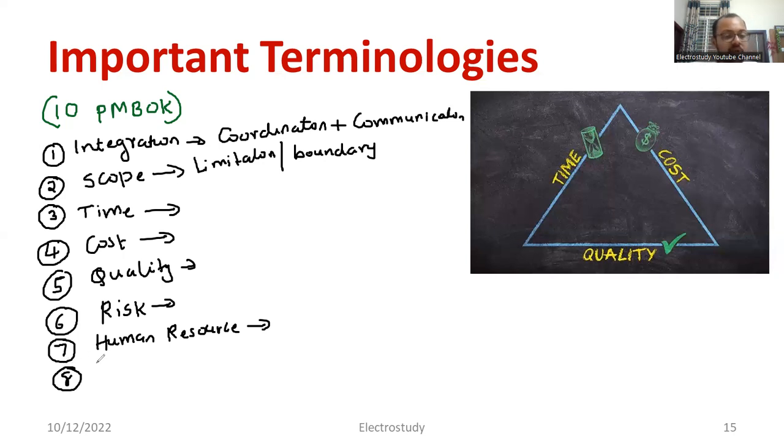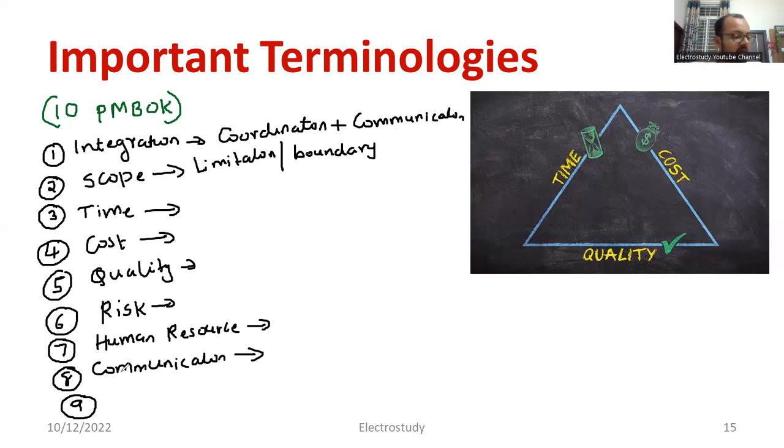Then the eighth one is communication. I already mentioned it in the first part, but we can write it separately. Communication is also crucial. For example, based on the hierarchy, you need to communicate. Proper communication. You must have heard about the Micromax company in India: because of improper communication with different managers, the company faced a big loss. Like that, you should try to get rid of poor communication. Communication needs to be improved. This is another PMBOK area.